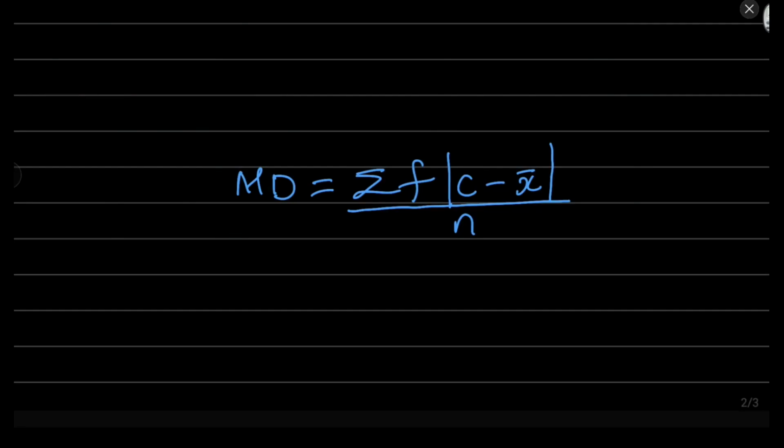Welcome back to the mean deviation lecture series. So this is the final video for the mean deviation, and this time around I'll be showing you how to compute the mean deviation for a group frequency distribution. In the previous video we saw how to do that for an ungrouped frequency distribution, but this time around we have grouped frequency distribution, and the formula is almost the same except for the fact that we have a C